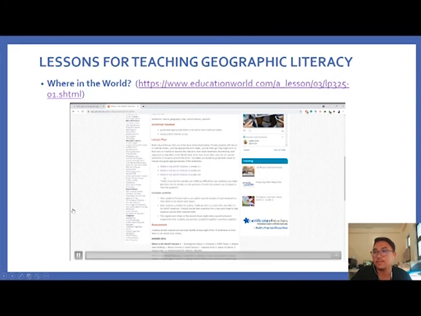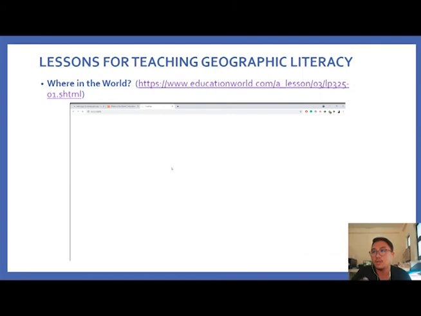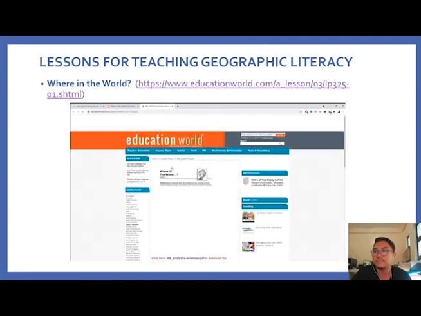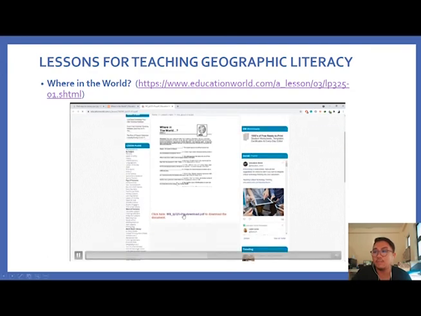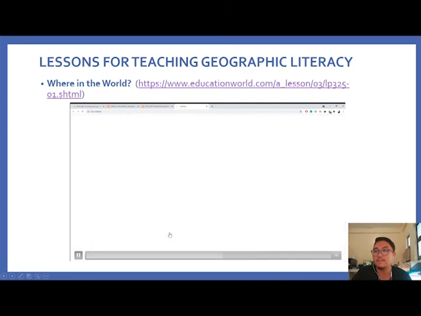For example, you'll click a specific assessment for grades 3 to 4, then click the link. It will redirect you to a PDF activity or assessment. So just download the file,